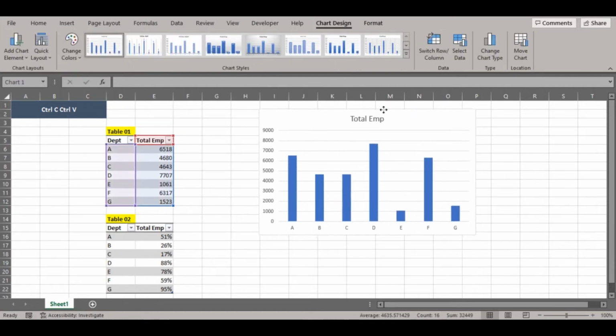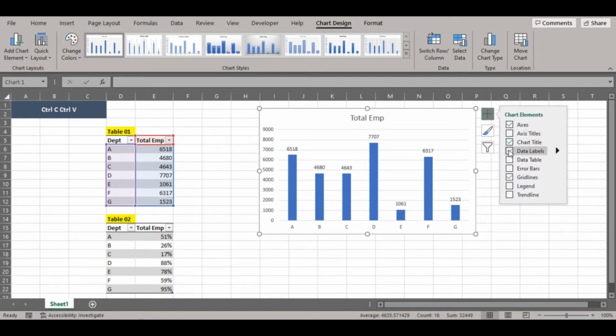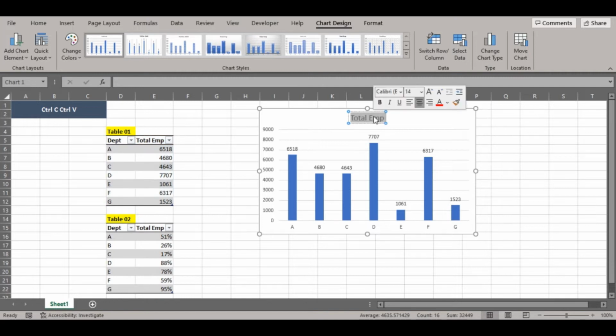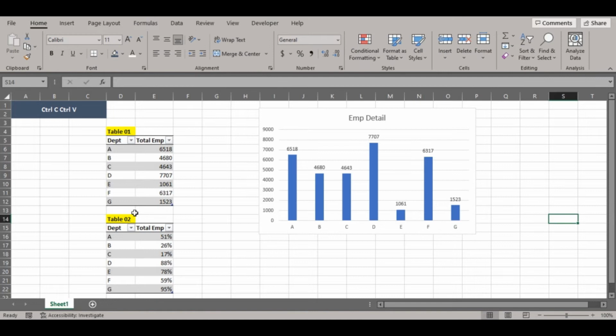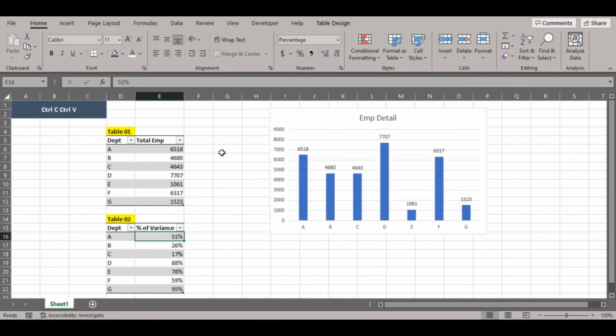It's a simple bar chart, and I'm going to bring in the labels, data labels, and let's say this is employee detail, and okay, and let's say a percentage of variance of something. So in this